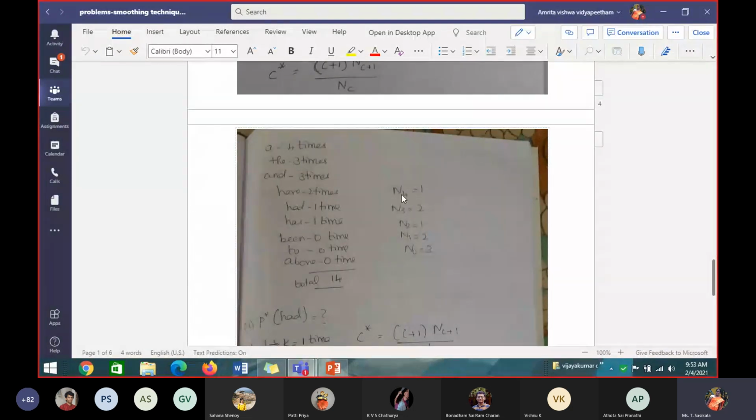The number of words occurring 4 times in my corpus is only 1 word. So I have found all this and I want to find the N also, the total number of words I have. That N represents both the training and the test corpus.